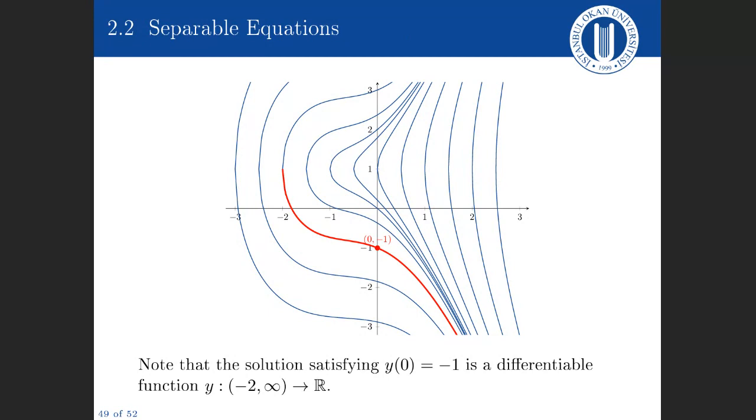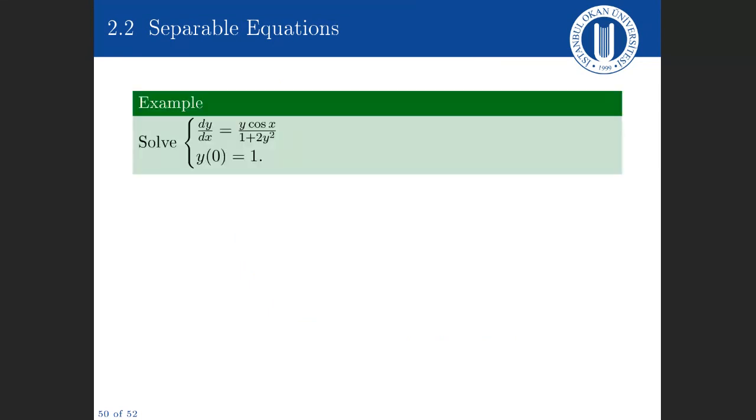The top part of this curve, which I'm going to show in purple now, is the solution with plus. The solution with plus doesn't pass through 0 and minus 1, so it doesn't satisfy y of 0 is equal to minus 1. For example,